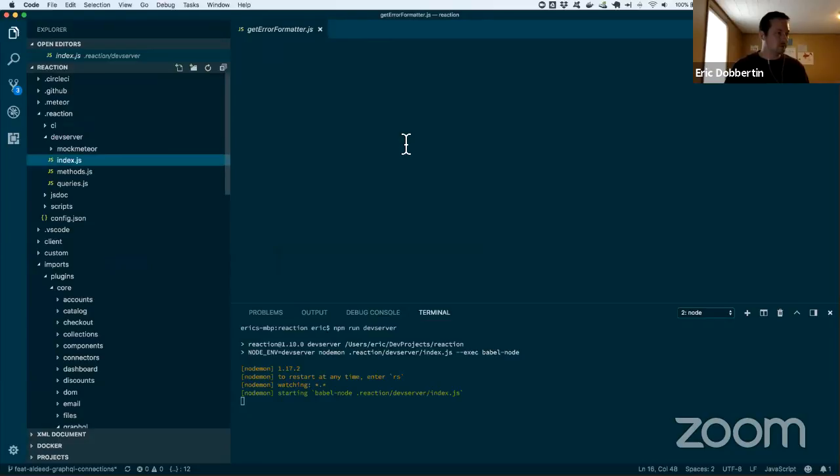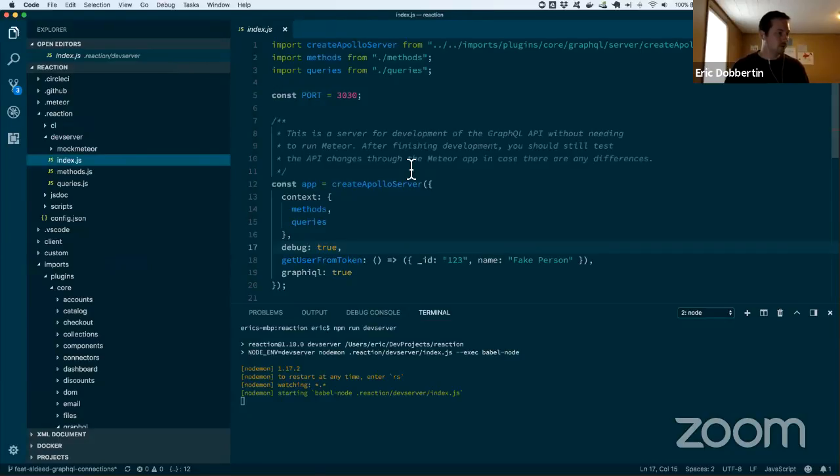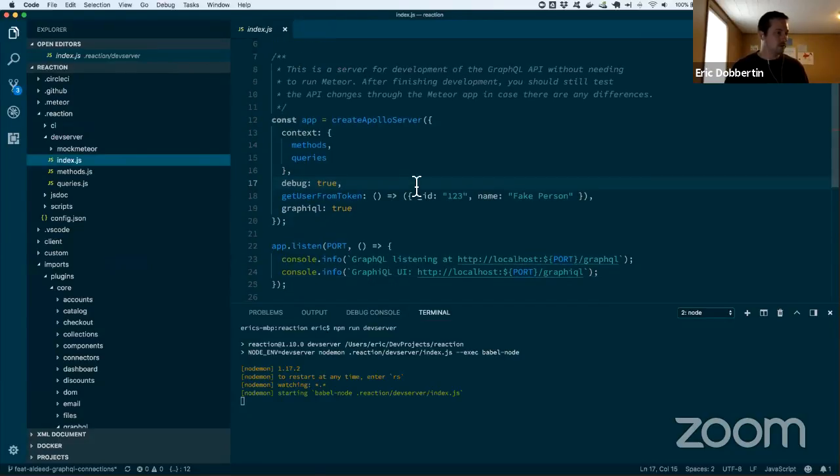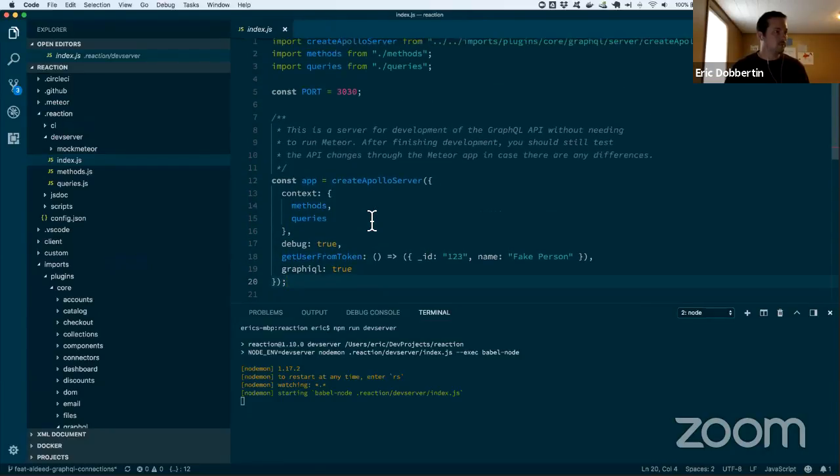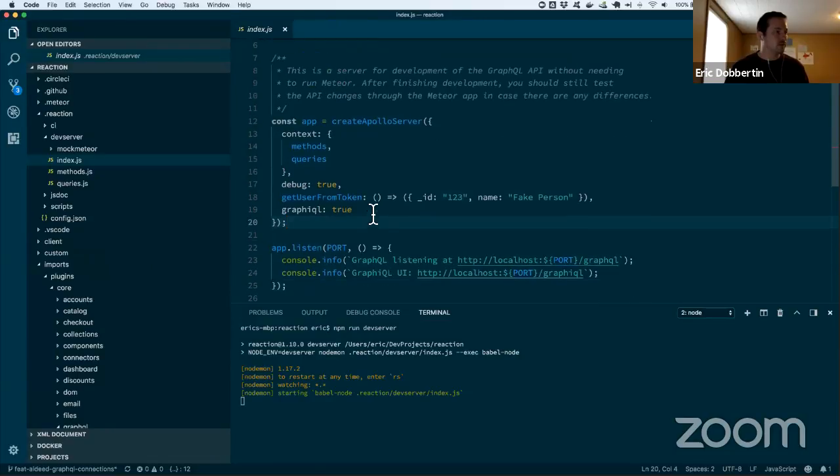This is very similar to what I showed the Meteor server doing, the same create Apollo server thing. This is happening in a pure node script, so it's not at all dependent on Meteor. Now the downside of that is that we are mocking the methods and queries to some degree.